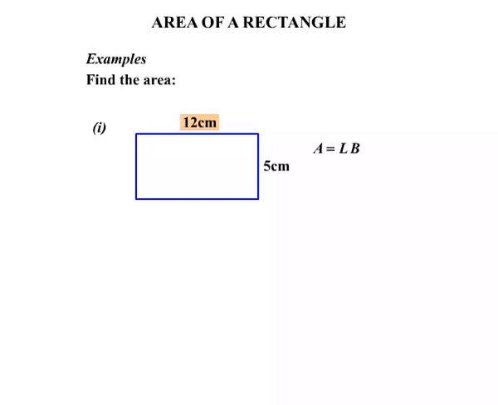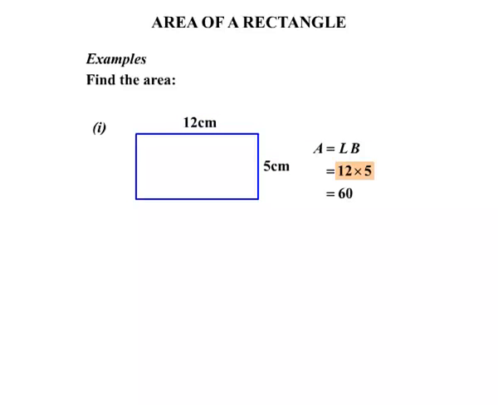We're asked to find the area, and in this first one we've got a rectangle. Area equals length times breadth. We write our formula down, and make sure in your working you always start with the formula. Now the length is 12 and the breadth is 5, so it equals 12 times 5, and that works out